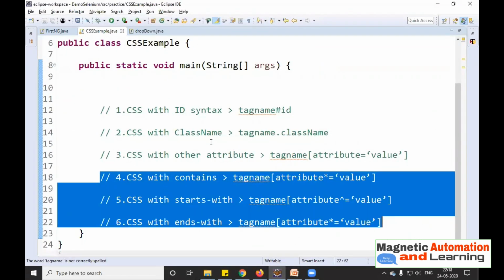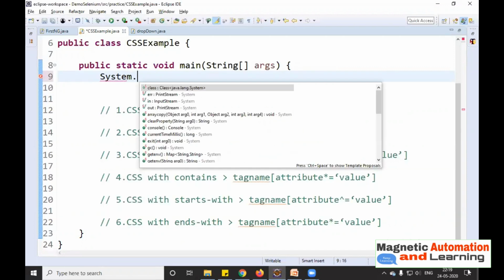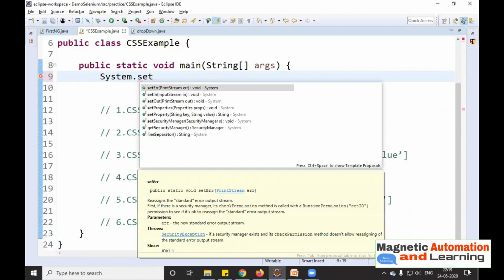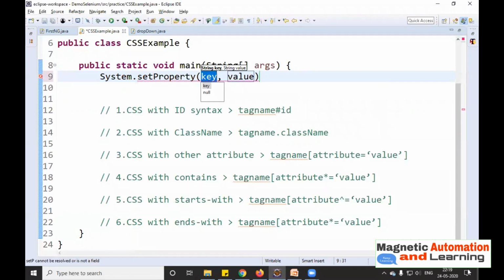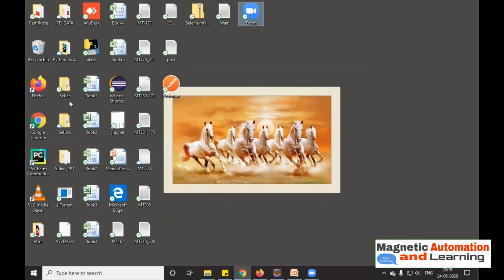Now we are going to start with the first syntax of the CSS, working with the ID using CSS properties. So before that, let's start the browser. System.setProperty is used for setting the path of executable driver. And here I need to set the path of my executable driver. Where is my driver? It is on desktop.